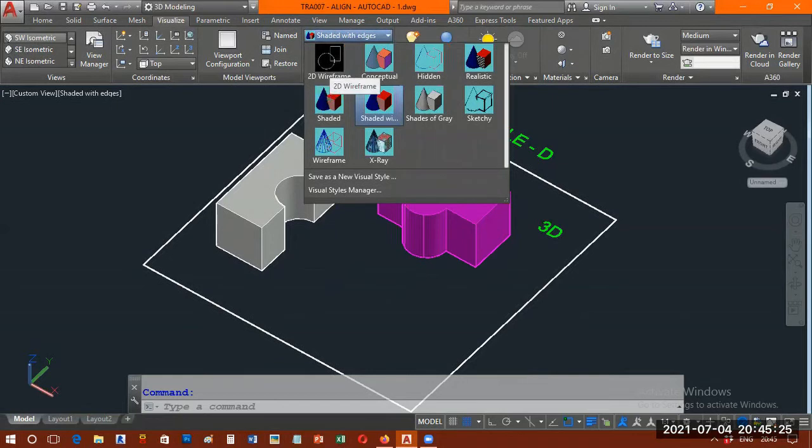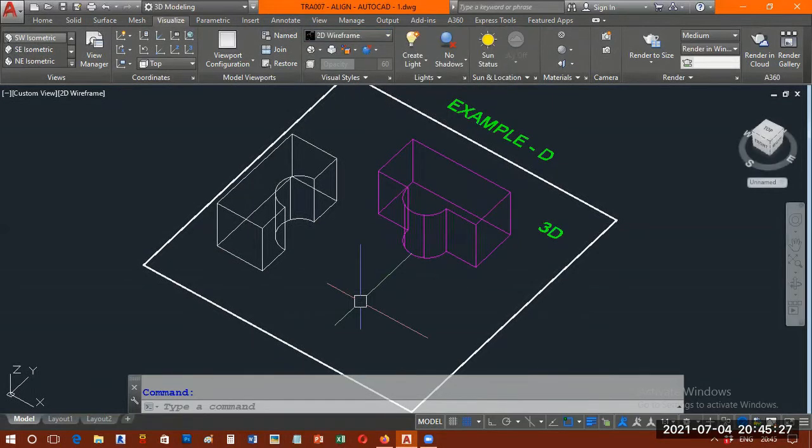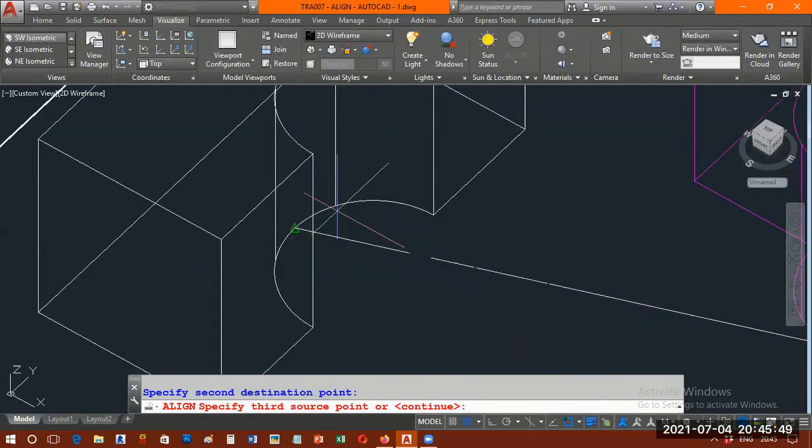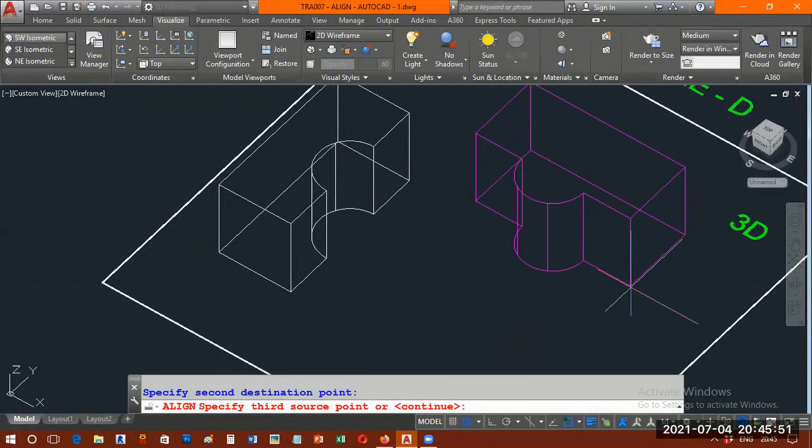Okay, 2D wireframe. I wish to apply the same command. AL, enter. Select the drawing, enter. Let me say 3 points as usual. First point should match to this point. Second point, this mid here, whatever the quadrant or mid, let me say QUA. That stands for quadrant. That's supposed to land on this mid here, at least. That will go there definitely. The third point, this supposed to match at this point here.